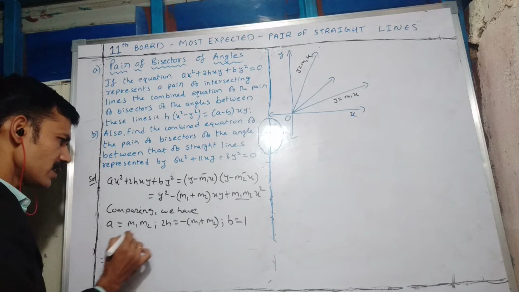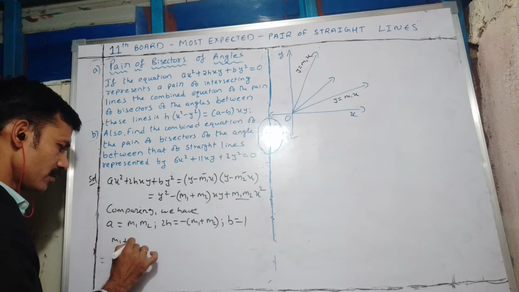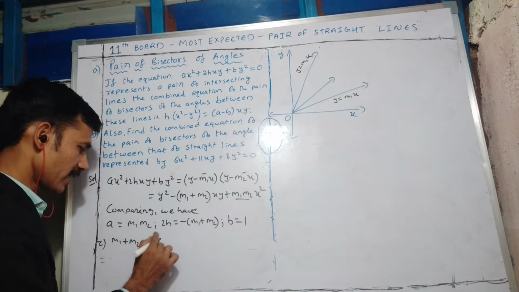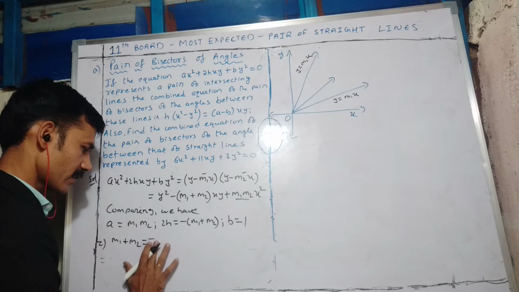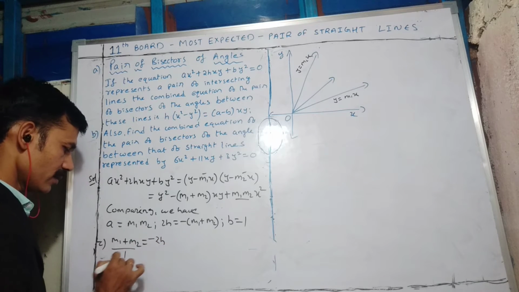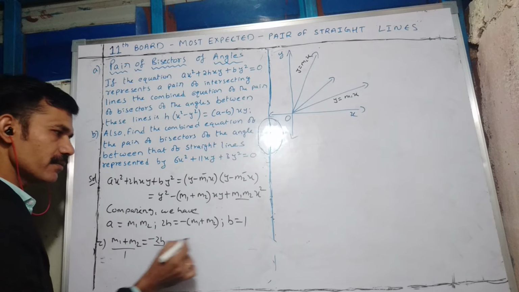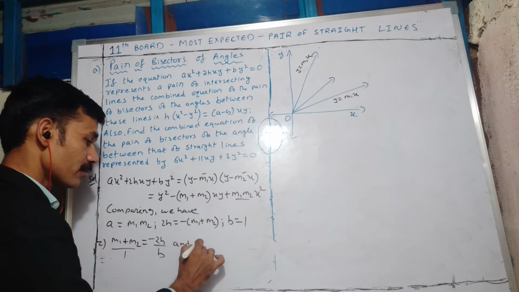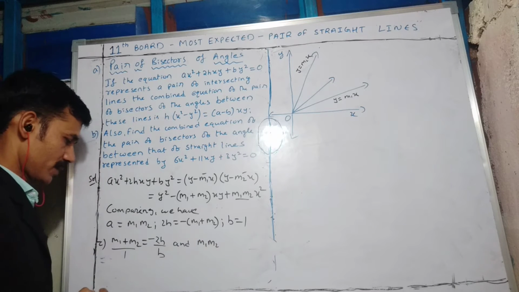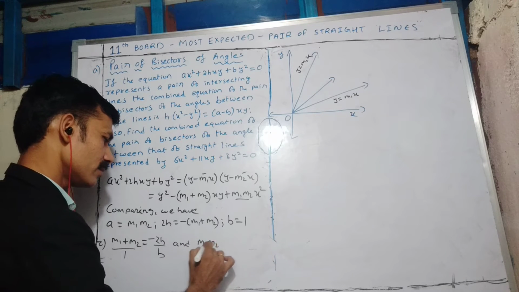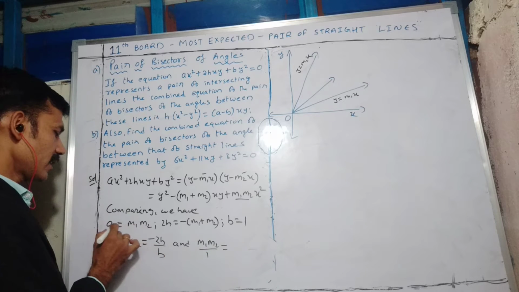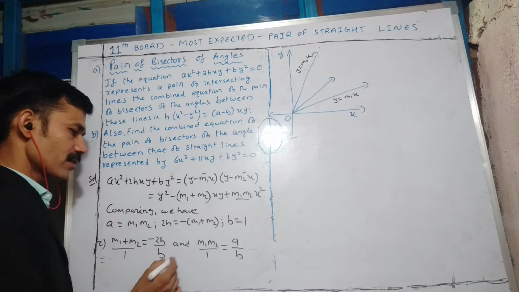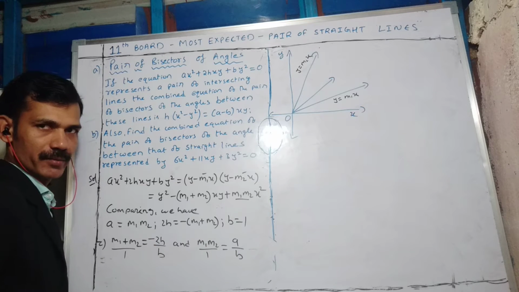Okay. Now see here, we can find the m1 plus m2 value. How can we find this? Bring this side, minus 2h. Also, I can write the unity value as b, no? I can write like this. And the product of the slopes, m1 times m2 by 1, like that I will write. m1 times m2 is nothing but a. Unity is b. So m1 times m2 I can take as a upon b.